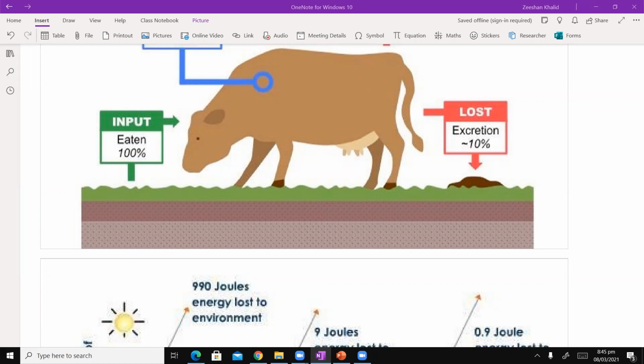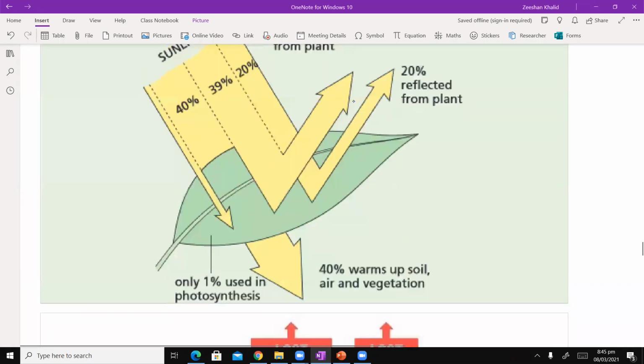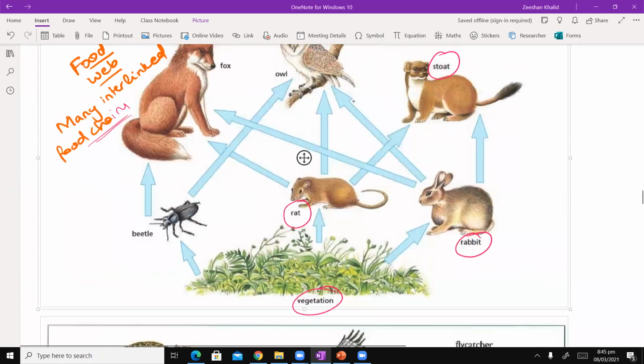Okay. Challenge, Bismillah, let's begin. Okay, so